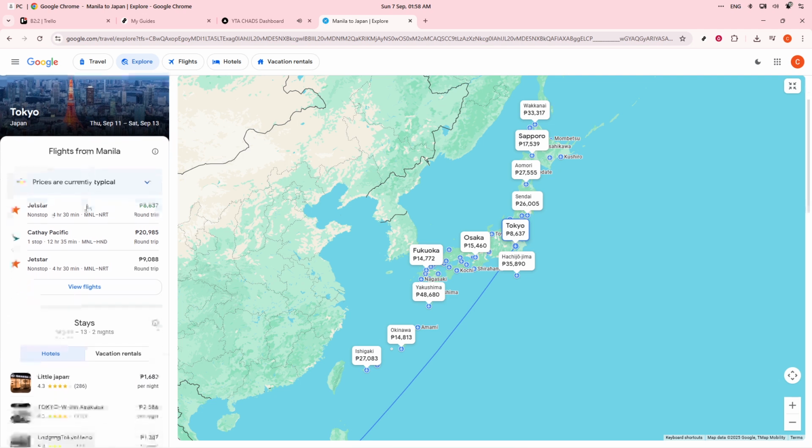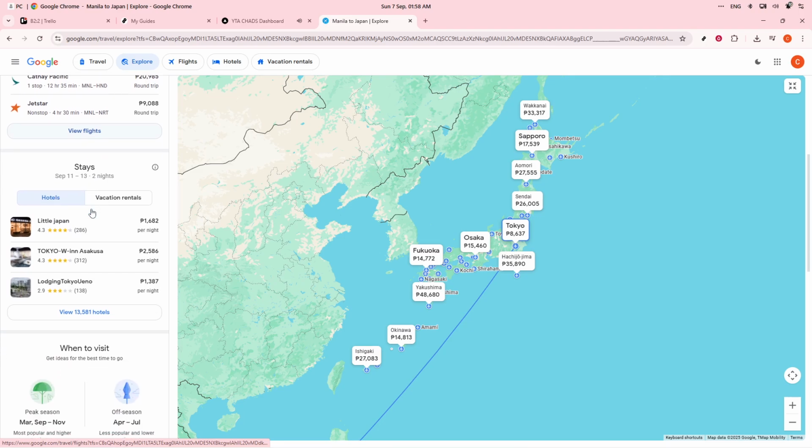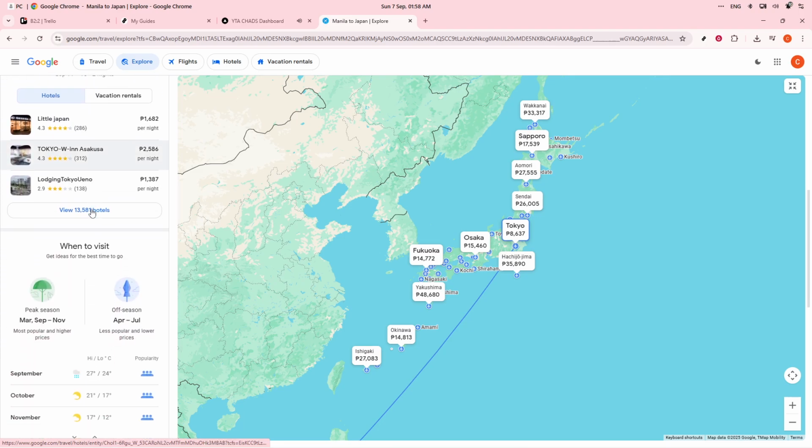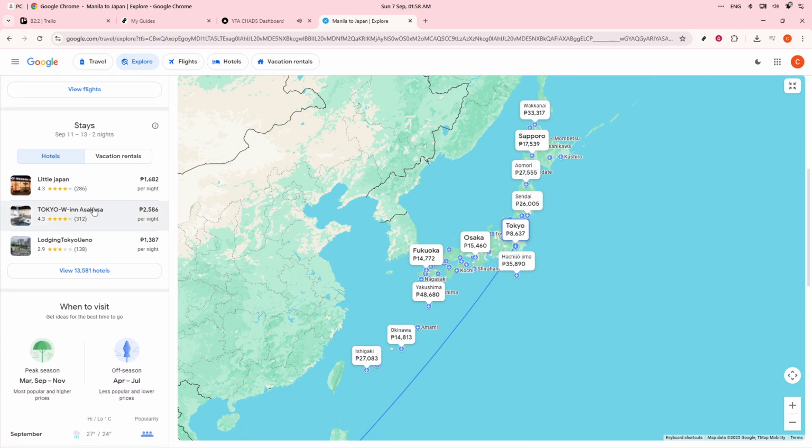And there you have it. With Google Flight Price Alerts, you're equipped to stay on top of your travel game, ensuring that you spot those price shifts and make informed